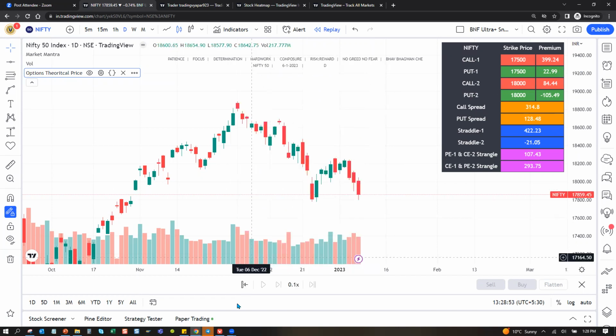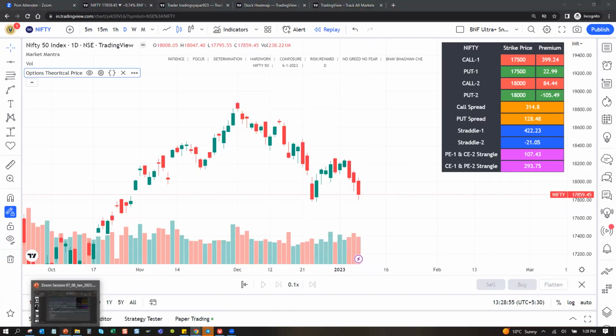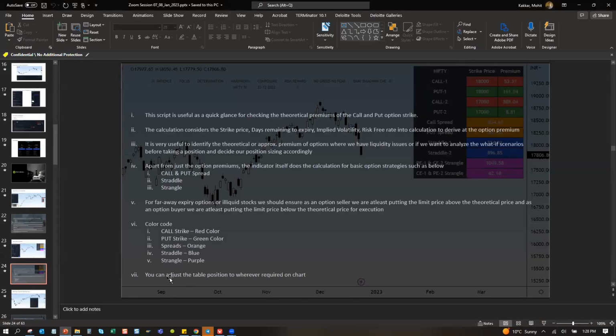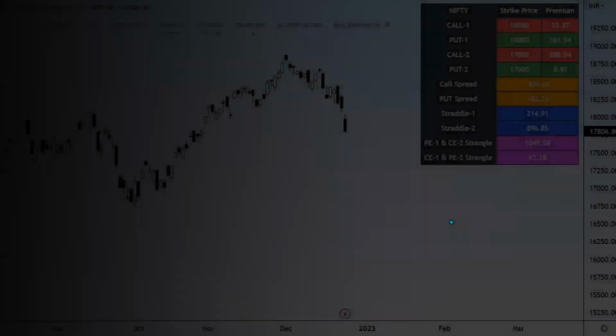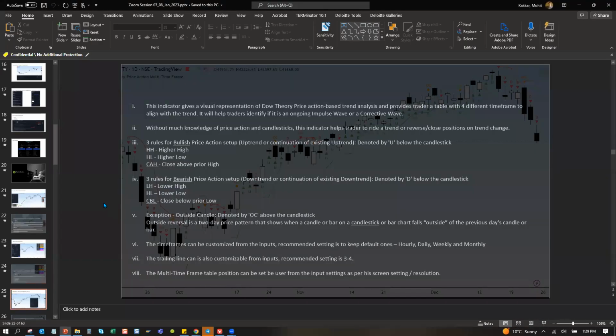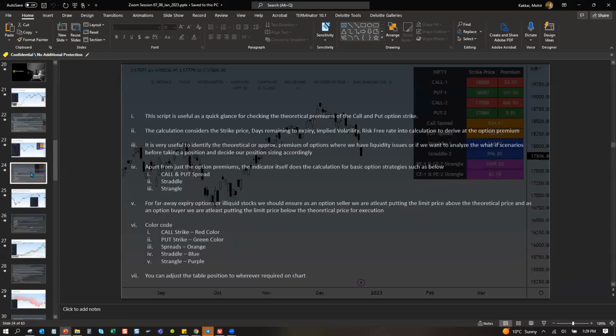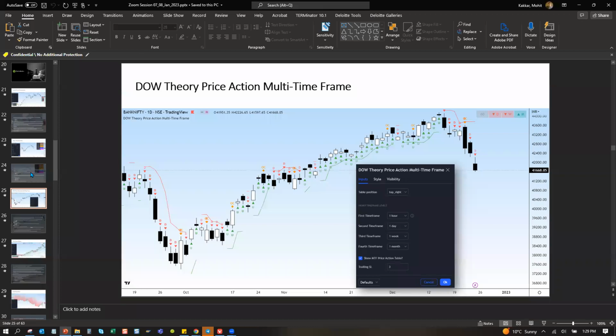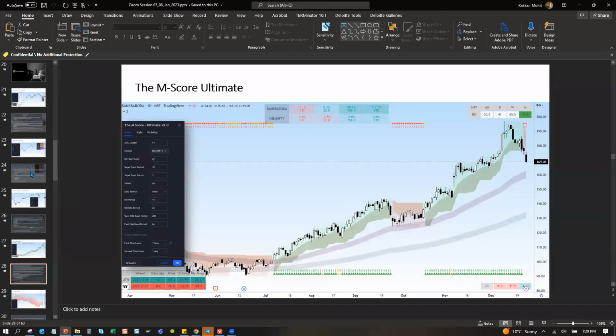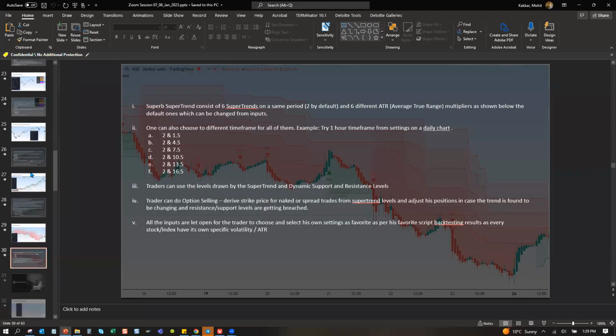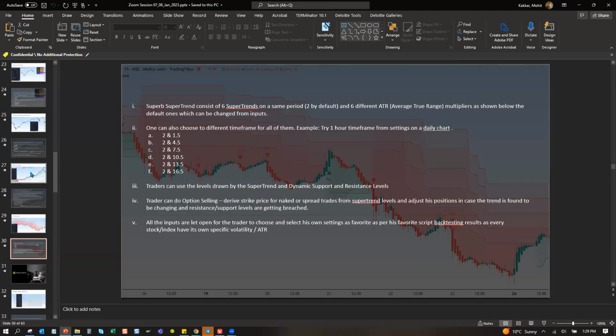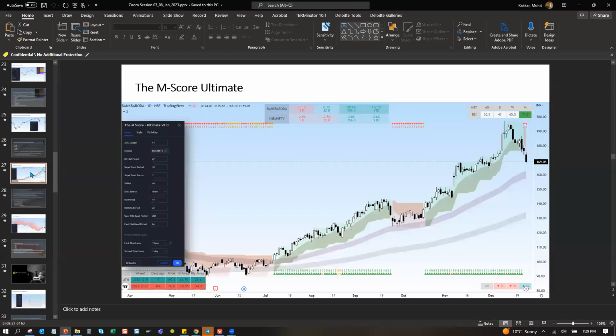Okay, so this is one another thing. We'll move on. Abhi Kothari sir, I am thinking what we have left in free is next: Dow theory, M score, super trend, and I think there is one more I wanted to show on MTF ILO.